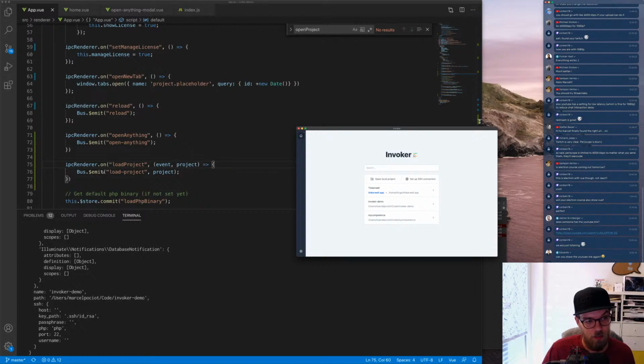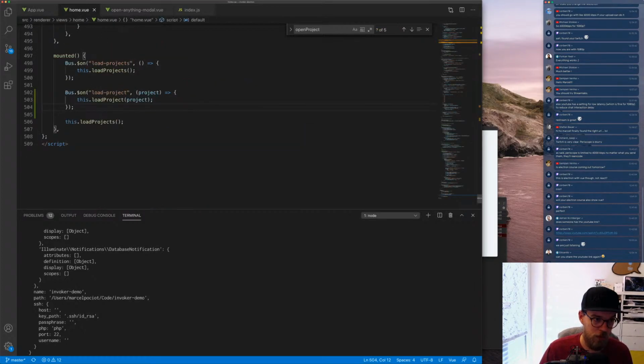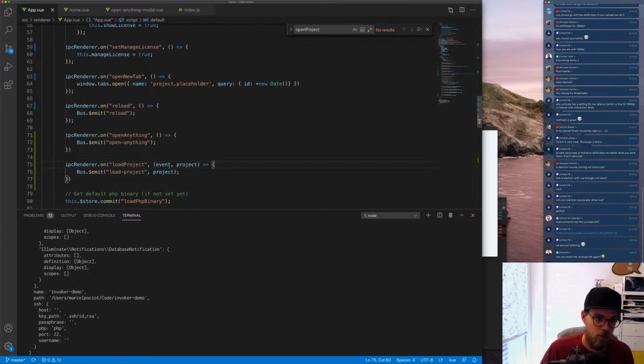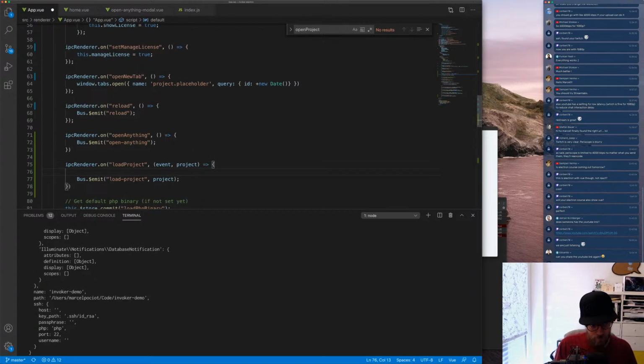And what happens if this gets called before the home component was mounted, because then this event would not be there? So how should we do it? Let's just,